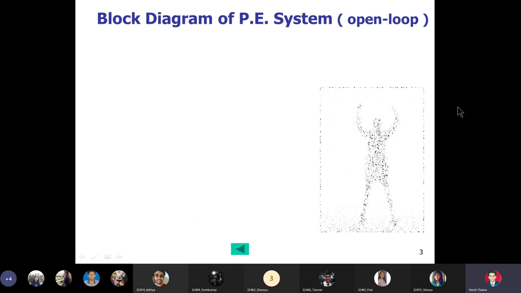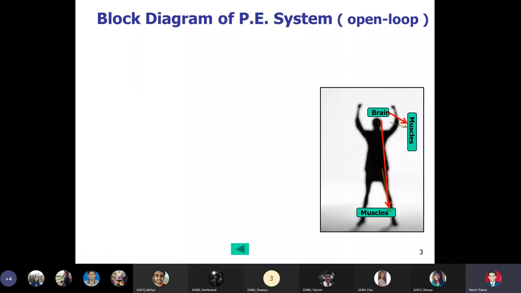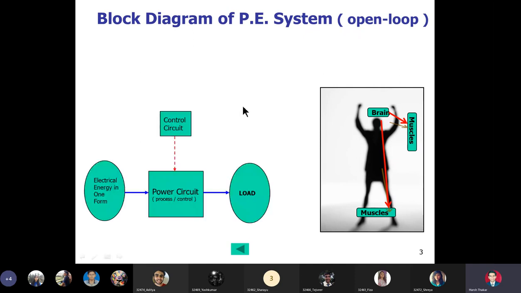So what follows next is again the block diagram of PE system. It is not that we are revising the theory sessions, but we want to emphasize that no matter which kit is in front of you, whether it is converter, that is semi converter or full converter, chopper or inverter or AC voltage controller, you should be able to visualize the circuit diagram printed on the top of the kit as a combination of the 5 basic building blocks of any open loop PE system. I repeat that you should be able to visualize the circuit diagram of any kit as a combination of 5 basic building blocks of any PE system that is shown here.